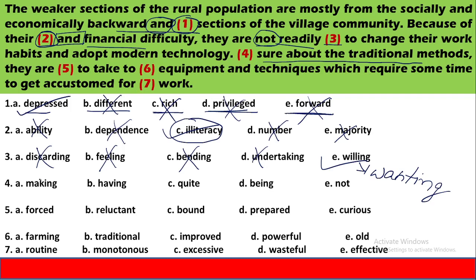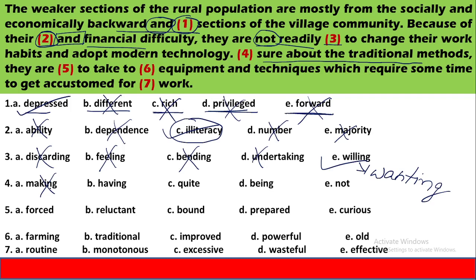Making sure. It is not about making sure because it's about villagers and there is no need of any kind of object. We make someone sure, we make someone able, we make someone do something. So this option is not needed here because there is no object and subject according to the context and the meaning of the paragraph. The villagers are the subject. Making someone sure is not giving any kind of meaning. And making sure about the traditional method to someone again does not give the meaning.